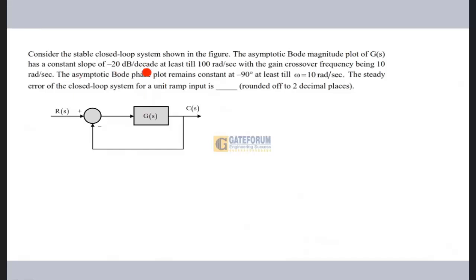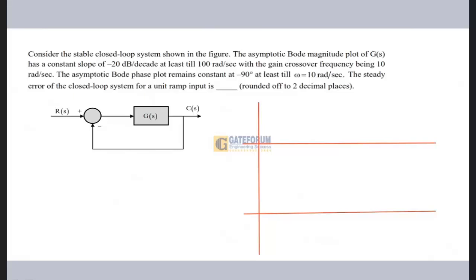The asymptotic Bode phase plot remains constant at minus 90 degree at least till omega equal to 10 radian per second. So they have given you the information about the magnitude plot and the phase plot of the Bode plot,